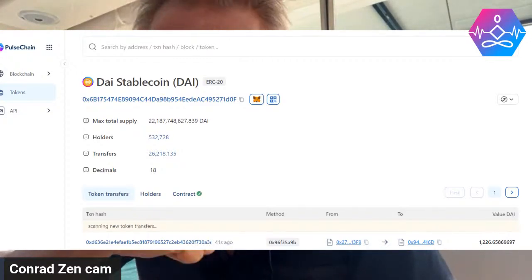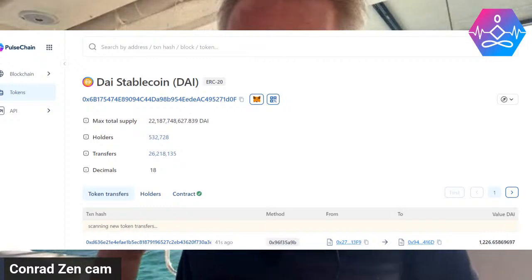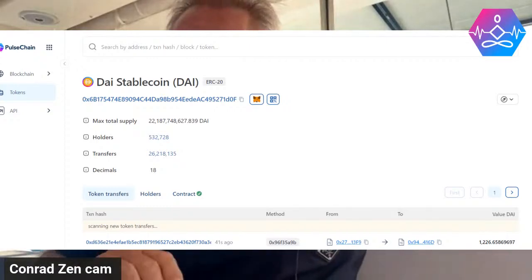stablecoin. Now, the way that this works on Ethereum is that you deposit a certain amount of other crypto assets onto the network, the MakerDAO network, which is now, I think it's called Spark FI. And in return, you get to play about with a DAI. This is where you get DAI from. And the way that the system is set up,